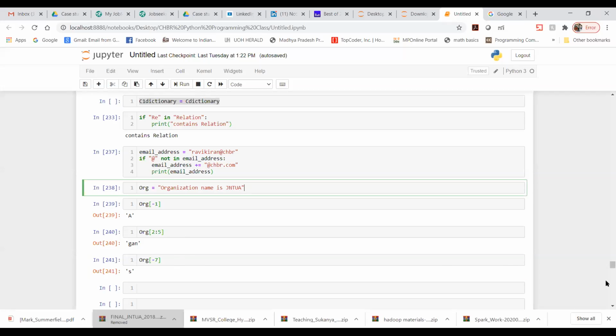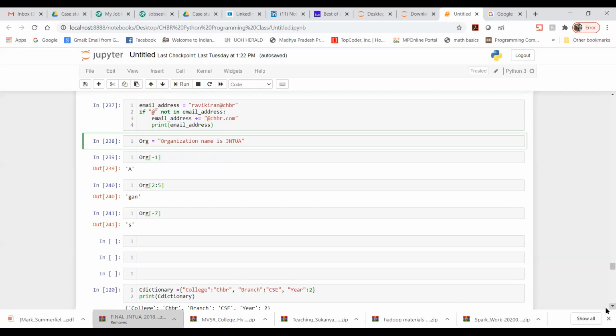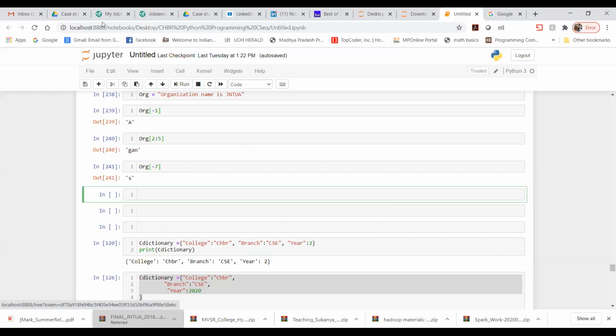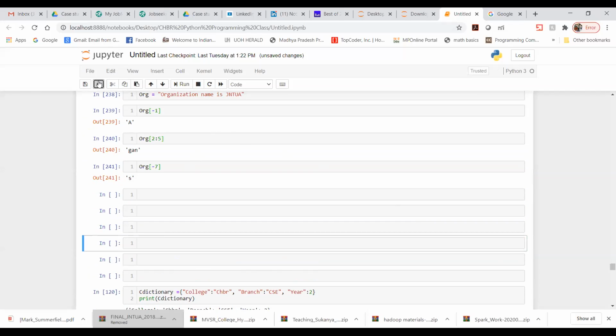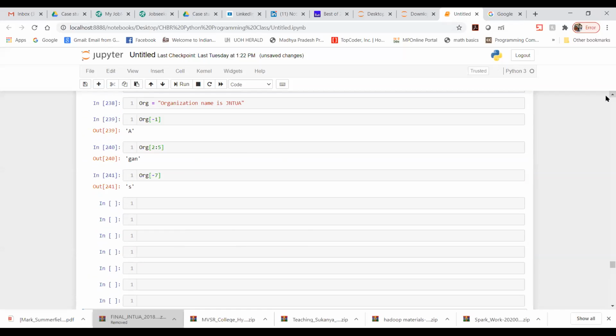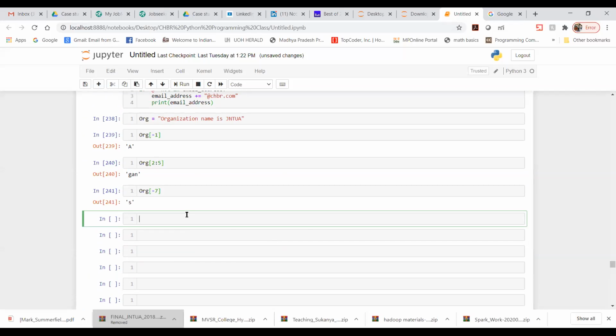Now I wanted to perform some stuff. My first step is org.find. In this string I want to find something. Let's say I wanted to know where the space first comes.